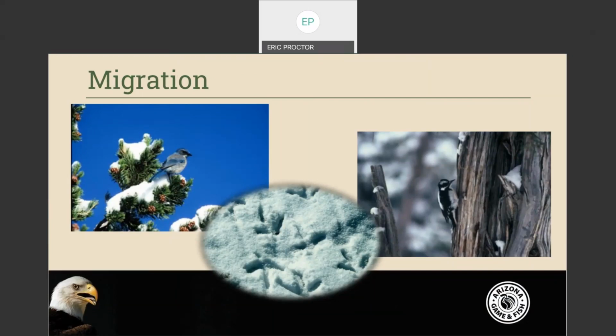Usually migration is triggered by some other factors, often of which is resource availability. Specifically food and nesting locations. If their food is gone, they have to go to new places to get their food. Birds that nest in the northern hemisphere tend to migrate northward in the spring to take advantage of burgeoning insect populations, budding plants, and an abundance of nesting locations. As winter approaches and the availability of insects and other food drop, the birds move south again.